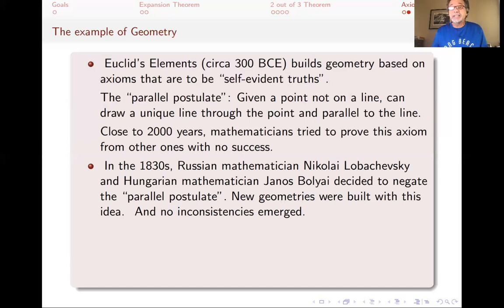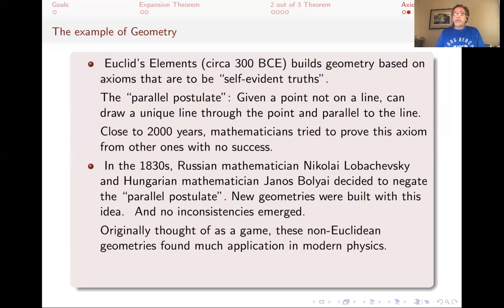there are no inconsistencies and it's a consistent system. And in fact, even though originally this was taught as a kind of game that people were playing, these non-Euclidean geometries have found much application in modern physics. And since in modern physics one believes that the world is sort of warped, these non-Euclidean geometries are actually a much better geometry for describing our universe than the Euclidean one is. And this is to say that